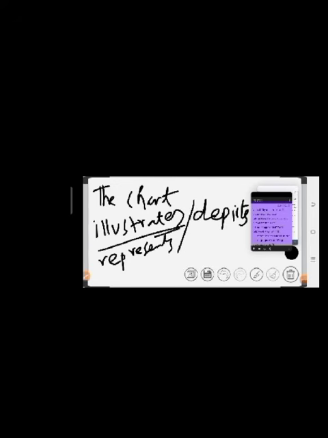We cannot write illustrates or represents when there is a plural. So the chart illustrates, or the charts illustrate. This is a difference that you have to understand because it is a present indefinite tense. Moving on, now you can write anything like that. This is known as paraphrase. This is the first thing that you are going to do in your pie chart task one, that you have to